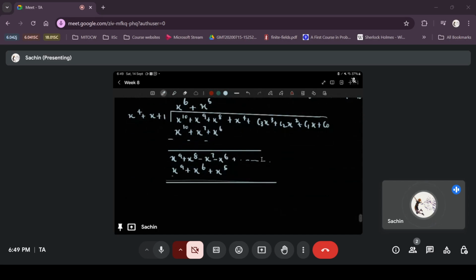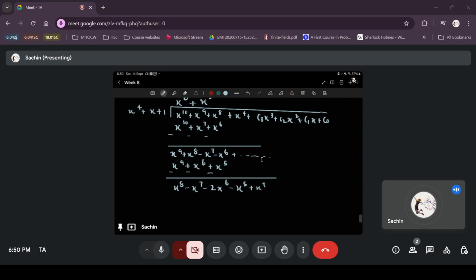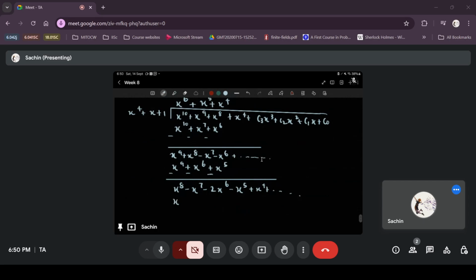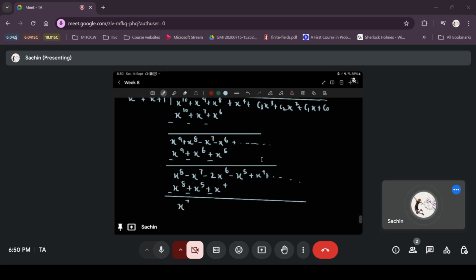So when you subtract, you get x power 8 minus x power 7 minus 2 times x power 6 minus x power 5 plus x power 4 plus etc. Then you multiply that by x power 4, you'll get x power 8 plus x power 5 plus x power 4. When you subtract, we'll be left with x power 7 minus 2 times x power 6 minus 2 times